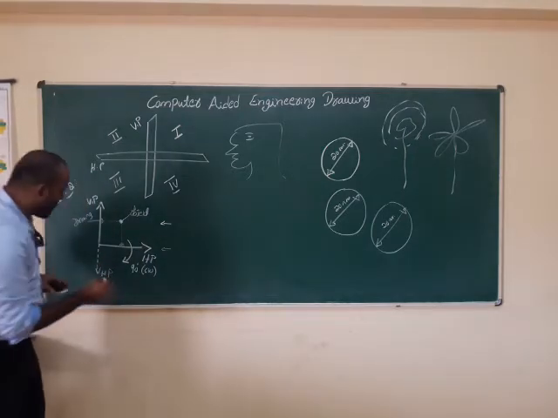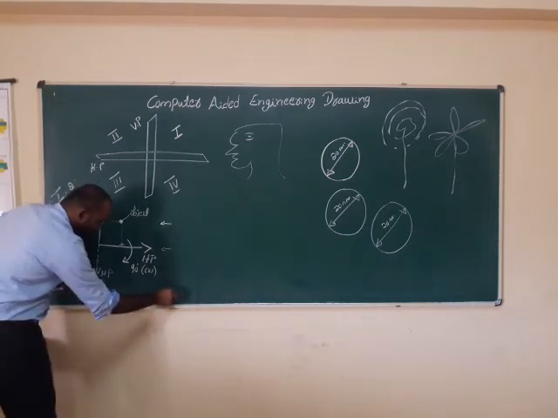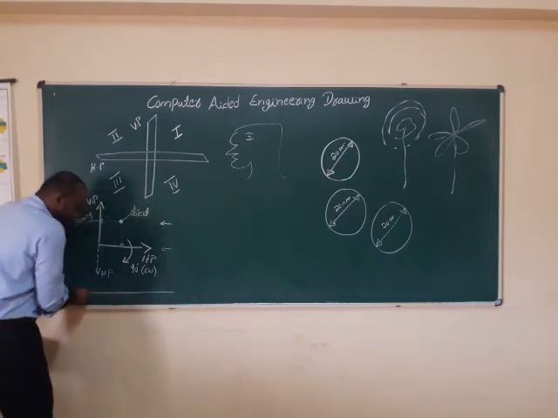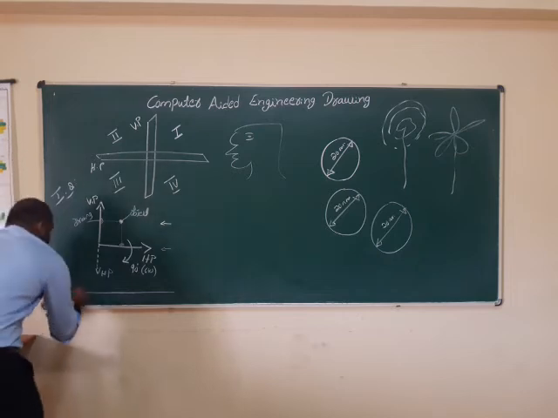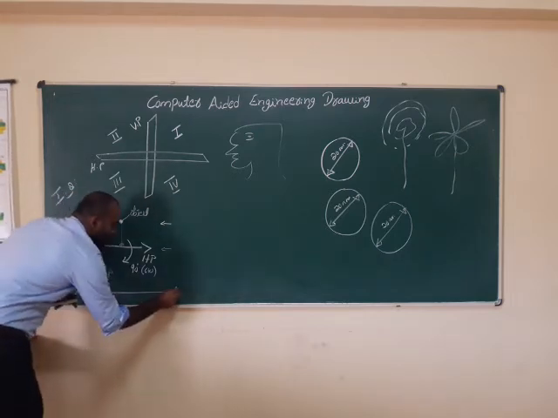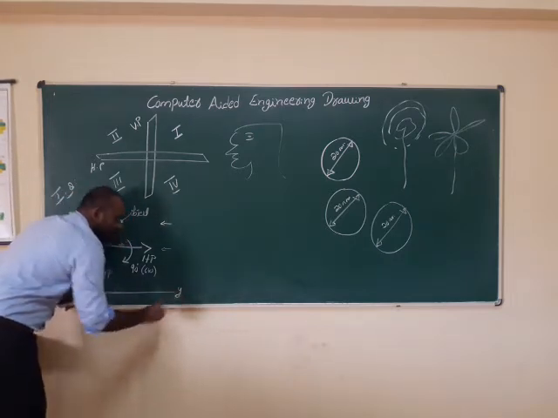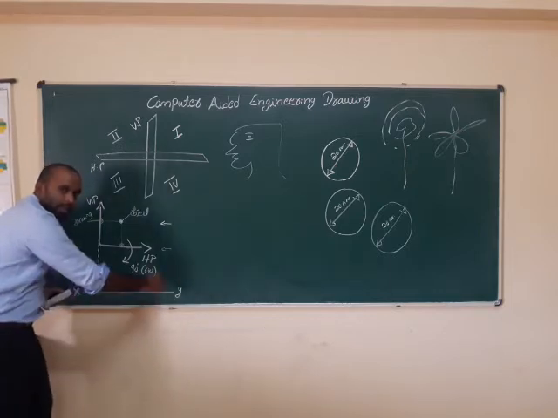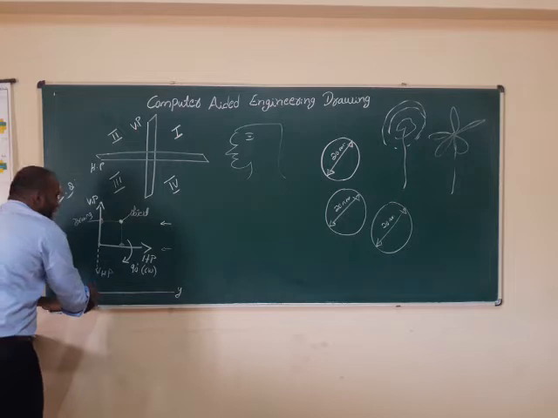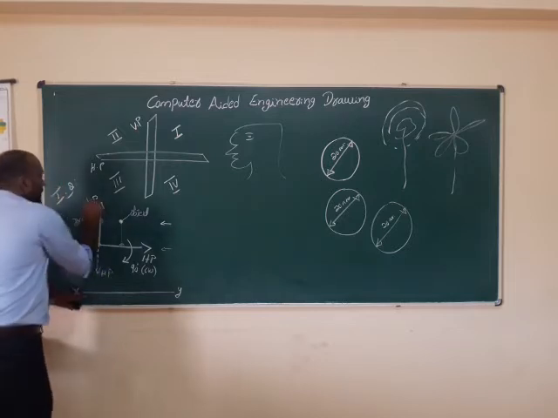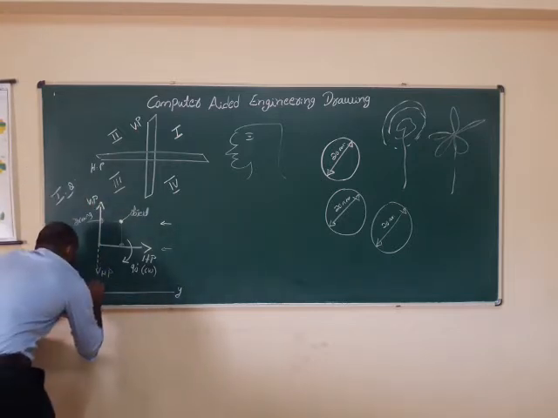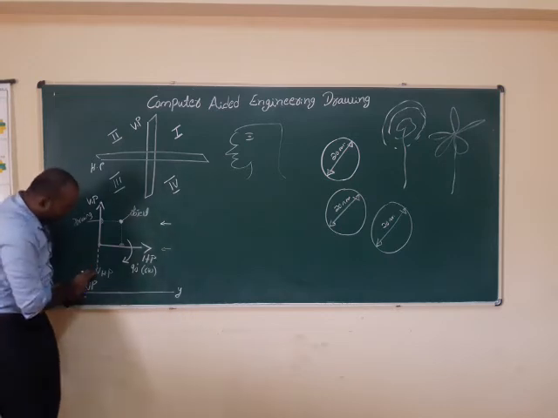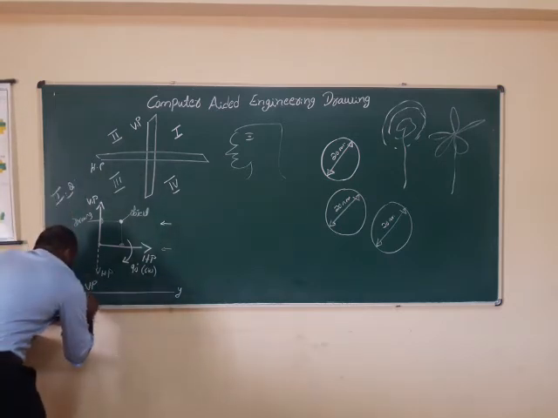So what is the formula? You have to draw one line, with one end X and the other end Y. This is called an axis line, with a center point. Above the XY line is called VP, the vertical plane. Below the XY line is called HP, the horizontal plane.